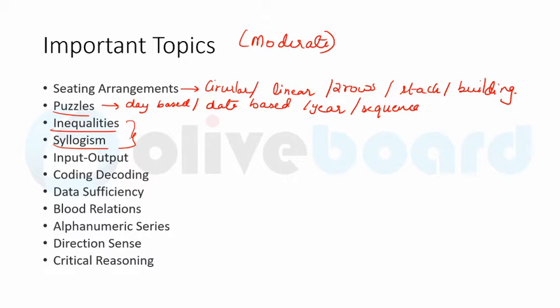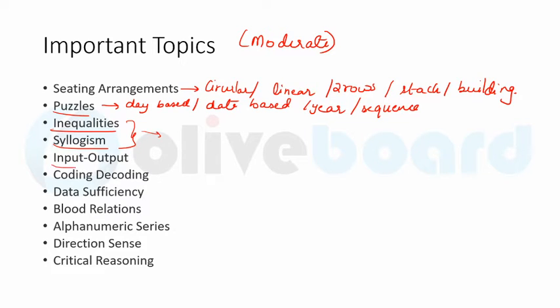So inequalities and syllogism, you have to prepare it very well. These will be normal direct questions. Syllogism may have some questions based on only a few. Some may be on normal questions as well. All or some or no का combination भी हो सकता है, right? And inequalities again will be of the direct format. So direct format के questions होंगे.